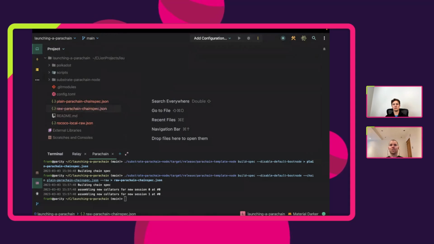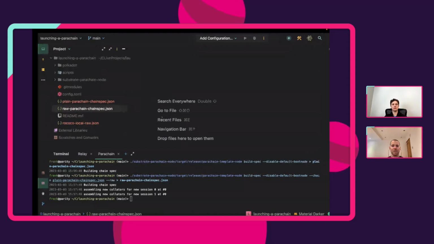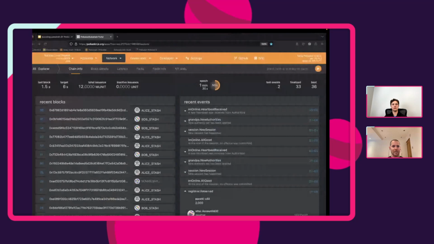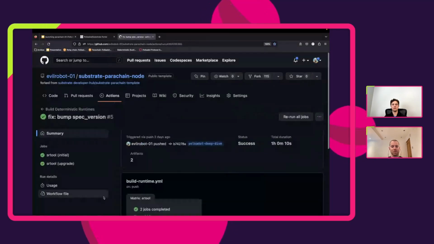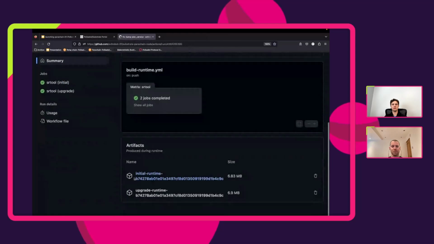Now we need to actually prepare our parachain collator. As I mentioned earlier, the actual runtimes have been built out using GitHub Actions. So we're just going to quickly download those. If we go to the result of this GitHub action, and go into the most recent run, you'll see at the bottom there are 2 different artifacts, the initial and the upgrade. We'll just download the initial,